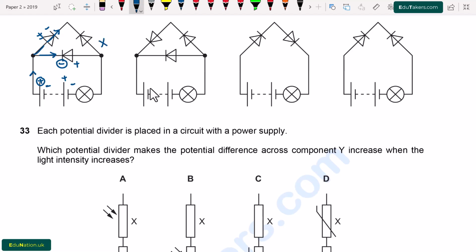Option A is incorrect. We see B. This is positive, negative. It is negative and positive. This is also negative, positive. So when the current flows here, this is the positive terminal and this is negative. The current cannot pass through this diode. Also here is negative. So the current cannot pass through this diode. So this is also incorrect. We see in the C option that this is positive, negative.